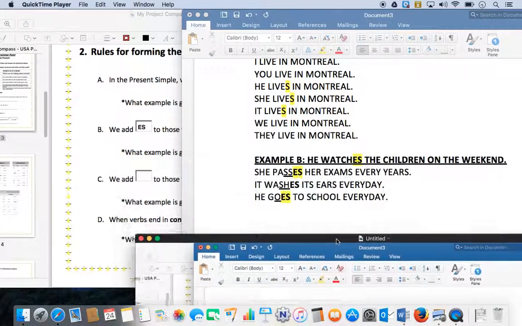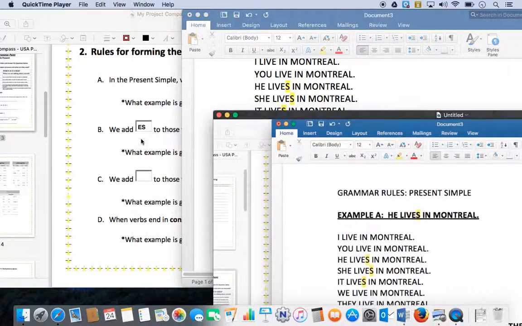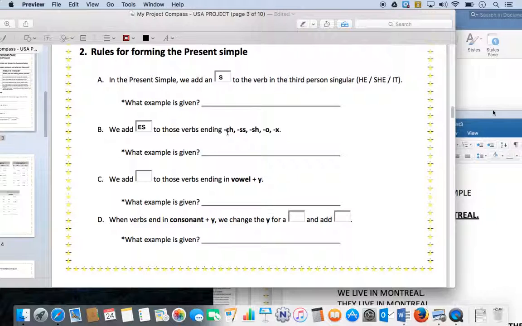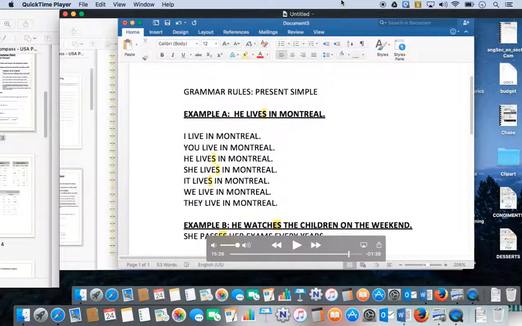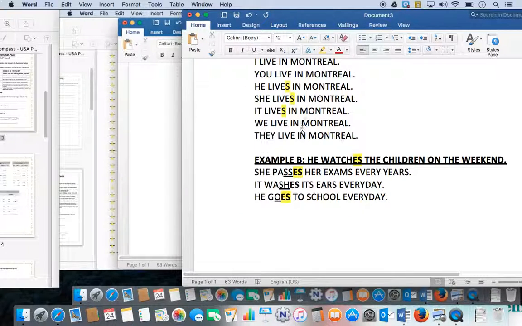Okay, so we were talking about the section here. We did the CH, we did the SS, we did the SH, and we're going on to the O. Okay, so the most important, if you look at the O section, go, for example, would be a very common verb that you would use quite often in the English language, and actually it represents one of the most used verbs in the English language. So it's extremely important to really get this down and to make sure that you're studying these important verbs.